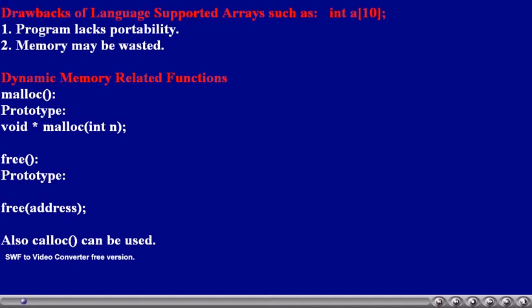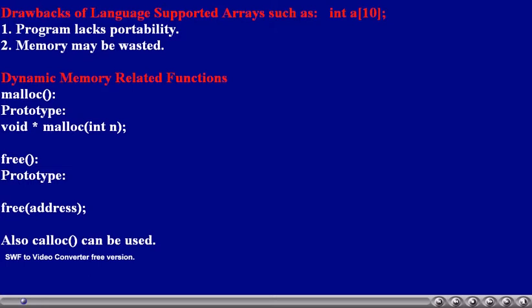That is, it returns a generic address. For example, if we send 100, it allocates 100 bytes of memory and then returns the starting address of those 100 bytes of memory, whatever it has allocated. That address, whatever it returns, will not be having a type. That is the reason why it is called a generic address.